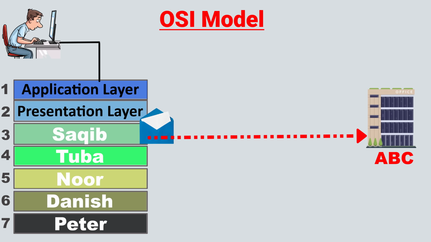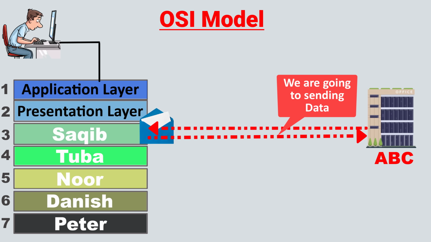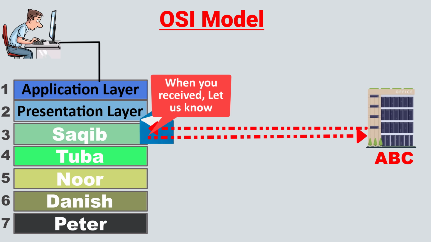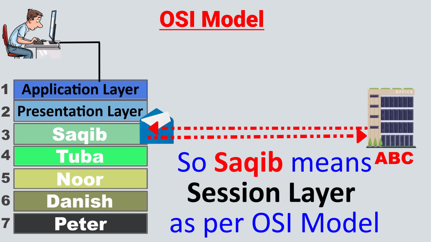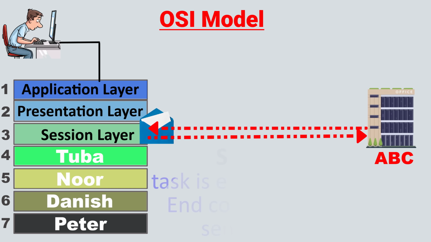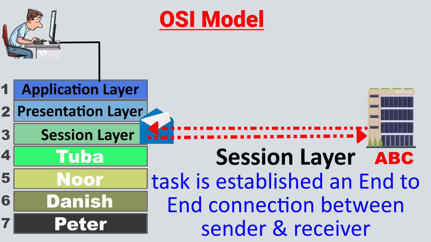After that, in the story, Pintu sent the 400 pages of data to Saqib, and Saqib contacted the receiver end, checked their availability and established a connection. After establishing the connection, Saqib informed them, we are going to send data, and when you receive it, let us know. So Saqib means the session layer in the OSI model, and the session layer's task is to establish an end-to-end connection between sender and